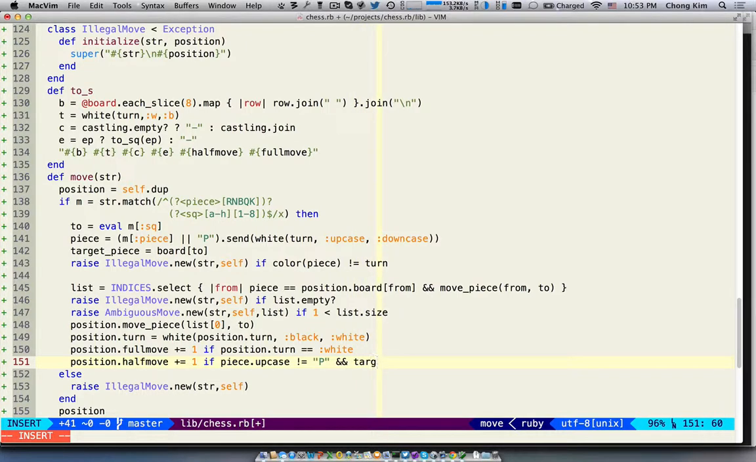Oh, actually, this won't work because what I'm about to do is say target piece does not equal blank, which means you've taken a piece. But the problem is when you do an en passant, the square where you land will be an empty square, and so this won't work. Then you need a special case to say if it's en passant. So instead, what I think I'll do is